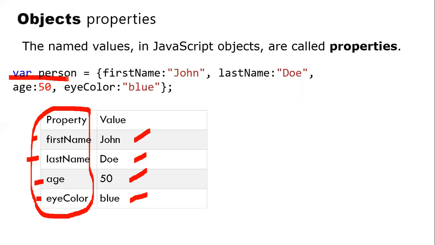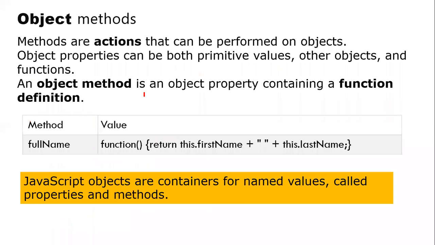It's simple: followed by the variable that you define, which is the object, you define all these attributes. So this is one way we define the properties for your object. Now remember, in case of objects, we'll not only have properties.